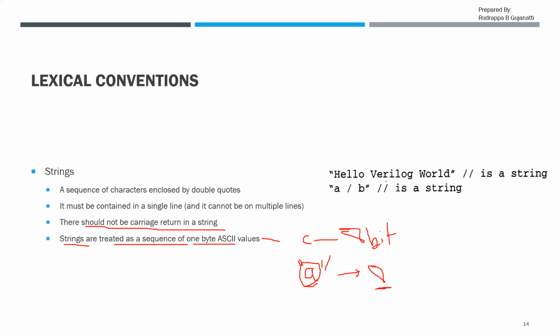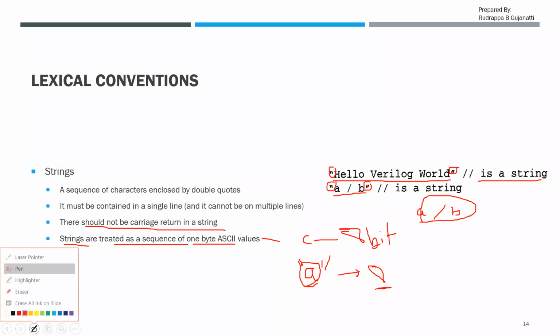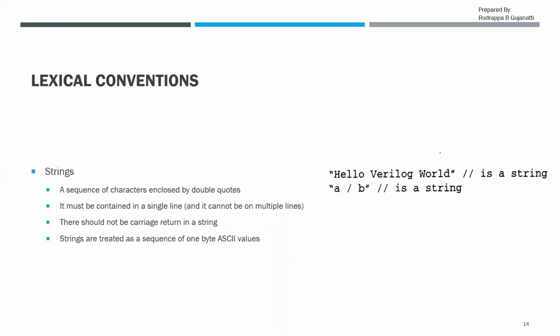Then an example which is given over here, you can see that you have "hello world Verilog", "hello Verilog world", which is placed within the double quotes. This is a string. Now here you can see that you have this, in which a front slash b itself is a string and it is placed within the double quotes. So this is permitted